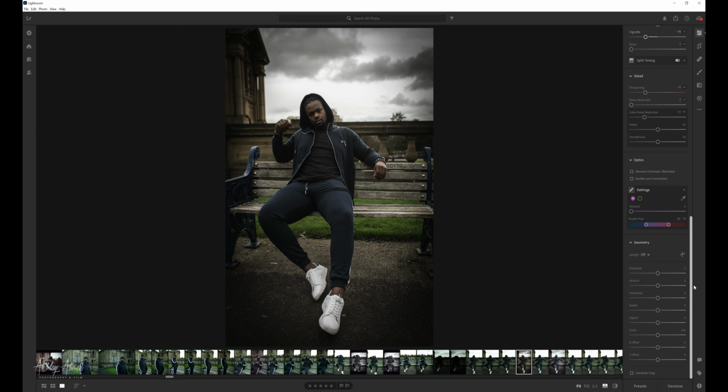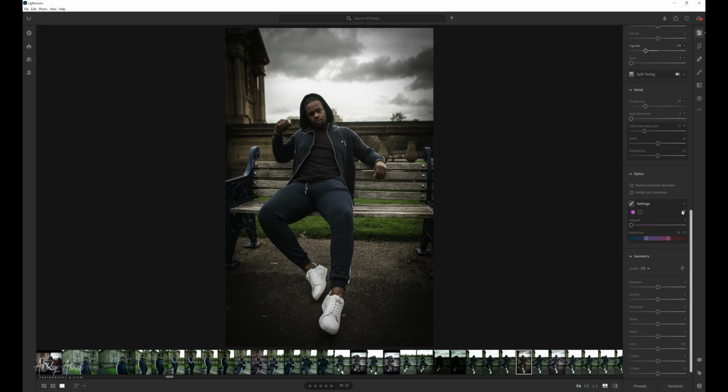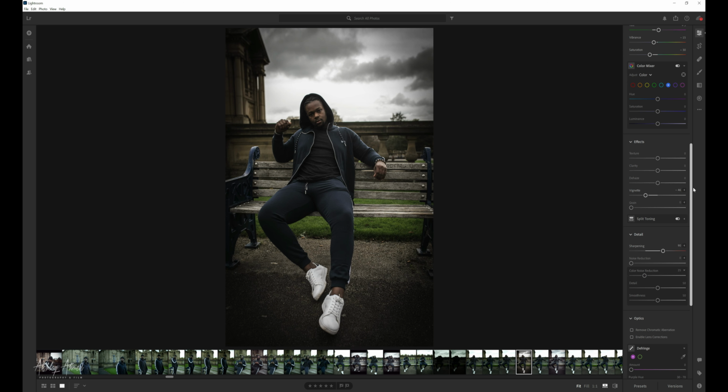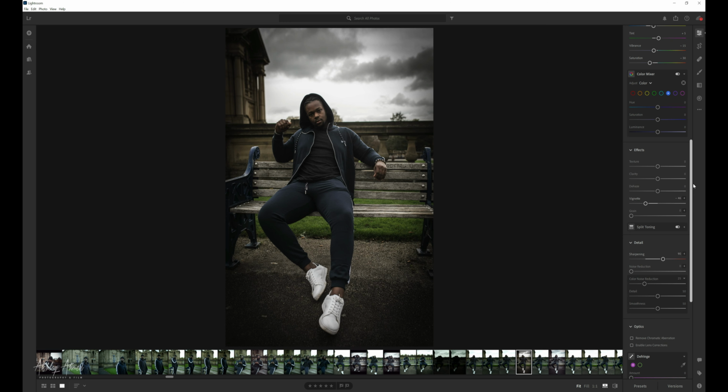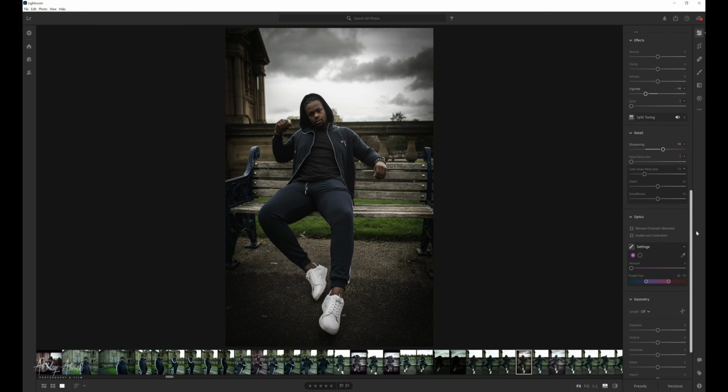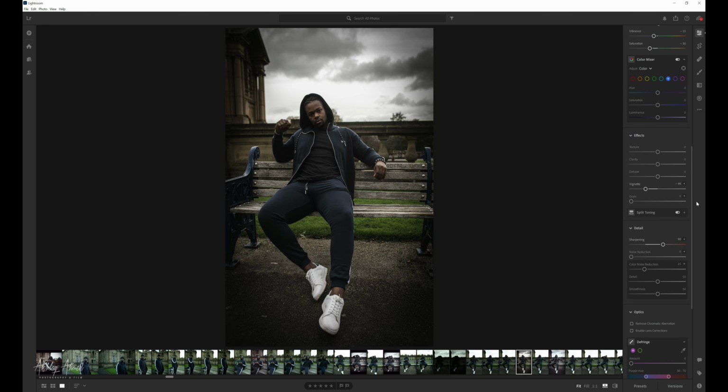So now what we're going to do here is the sharpening. If I can find the sharpen there. So we're sharpening, we're going to just bring this to, I'd say around about 90, about 90 is perfect. So we've got the sharpening and it's starting to look really good now. And what I'm going to do here is, if I just go slightly up here, the texture, I'm just thinking we'll bring the, where's the hue? Yeah, so what I'm going to do here is I'm just going to give this a bit